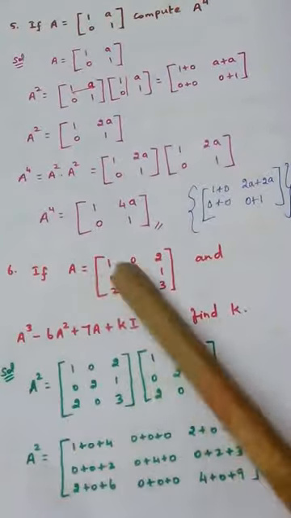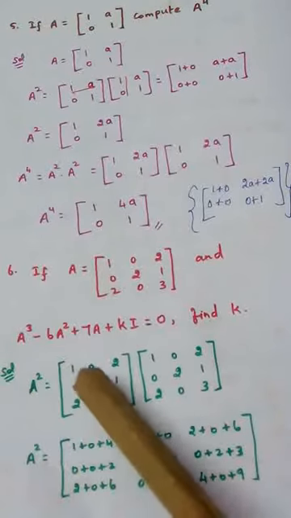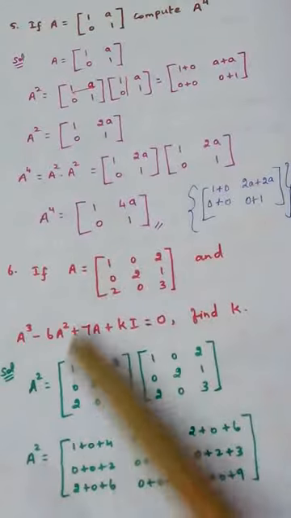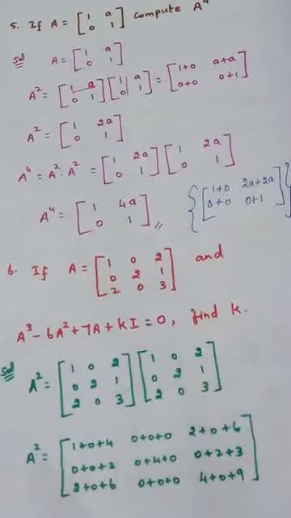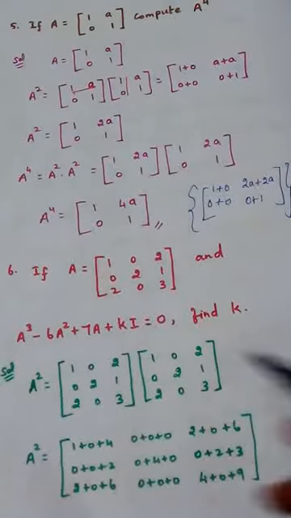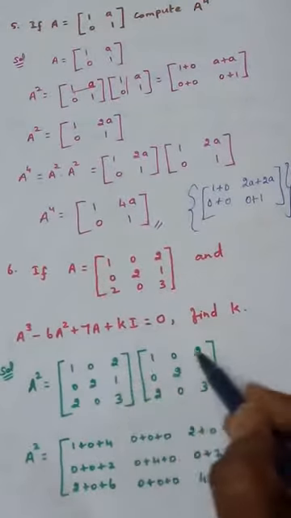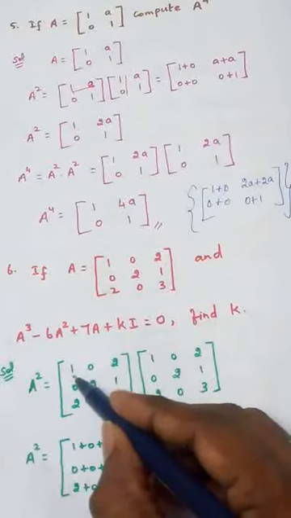So first I am finding out a square. A square means a into a. This is written 2 times, a into a. As I said, I am not going to explain anymore how to multiply matrix. Just tell how to multiply these two. Just only one term I will be showing you.